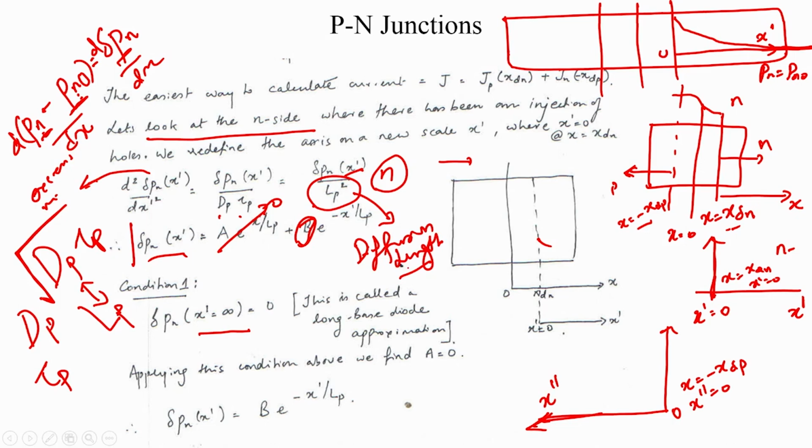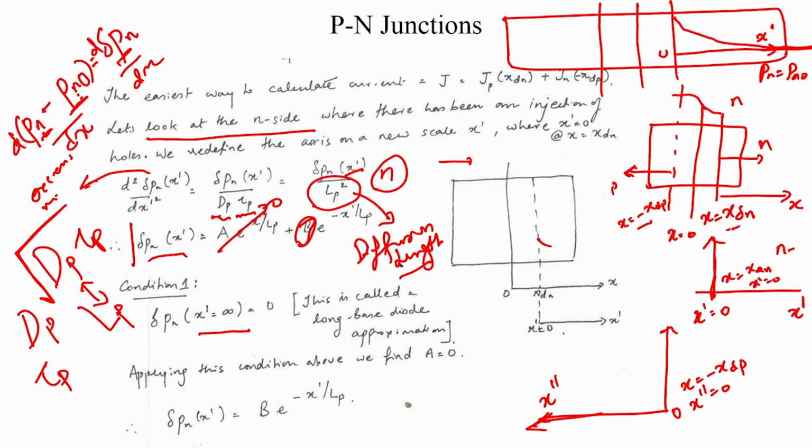And what it tells you is that it gives you an indicator. So, Dp is telling you how quickly the species would diffuse, and tau p is telling you for how much time they would diffuse, and therefore, in some sense the speed of diffusion and the time of diffusion give it a length component. But since Dp is not exactly velocity, it's Dp tau p is equal to Lp square. So, square of this diffusion length, and this diffusion length is an indicator as to the distance through which it